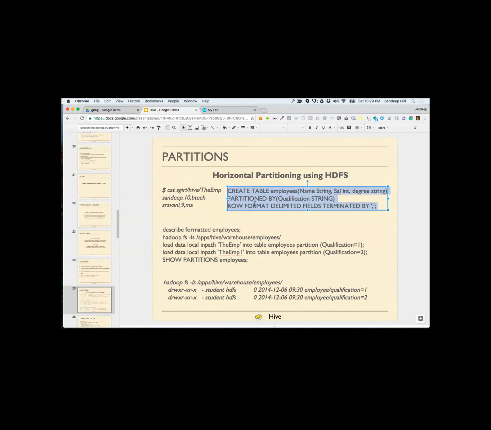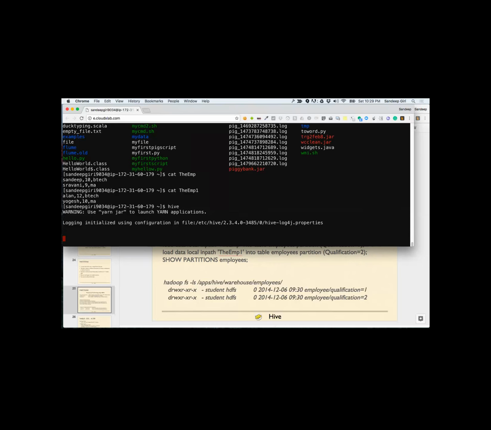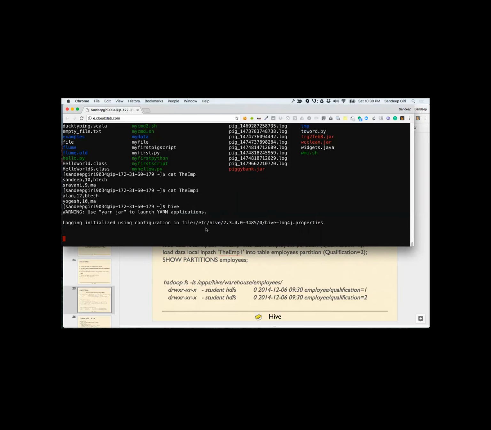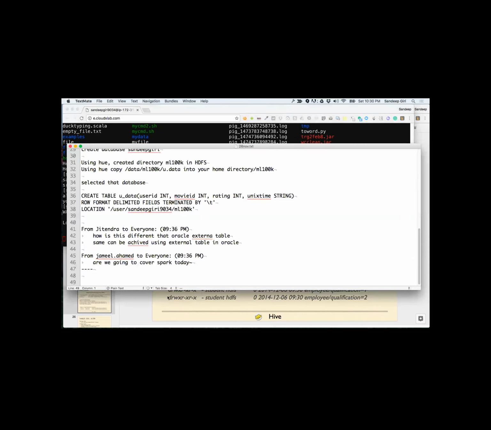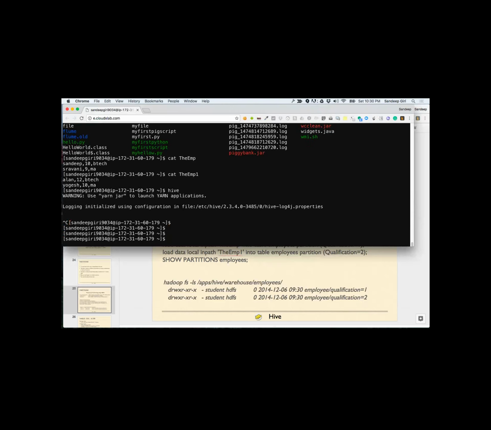And loading from local is only possible using the console, not from the Hive server. Or let me try doing this. I'll just upload it into web server and then do it from there. Okay, let me cancel it.